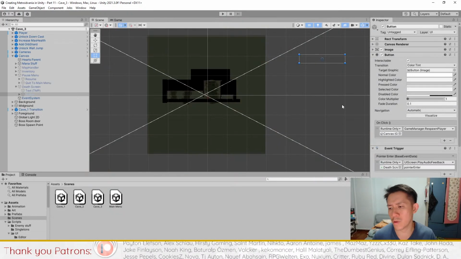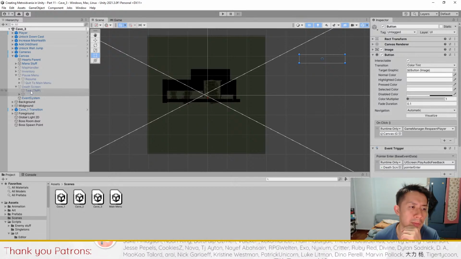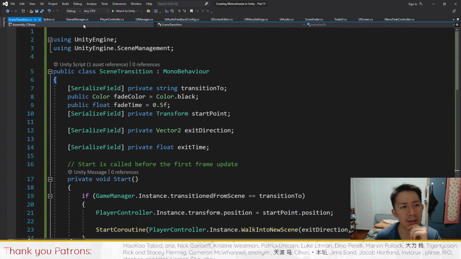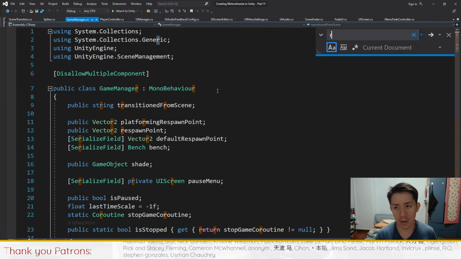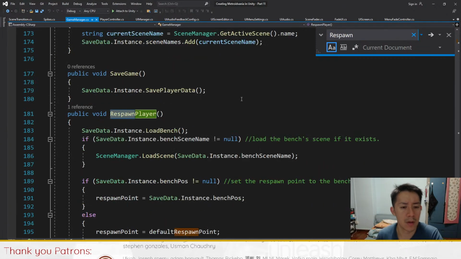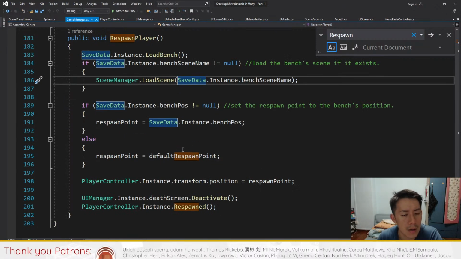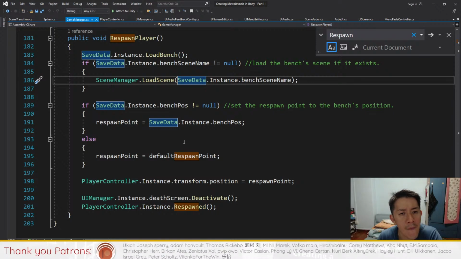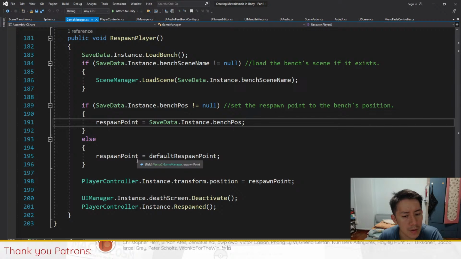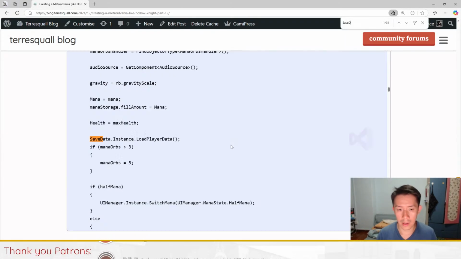The respawn here works because, does it reload the scene? Let me see. Because in the version I tested out, the respawn didn't really work. Respawn. Load the bench. See. Okay, there we go. Set the respawn point. Save the